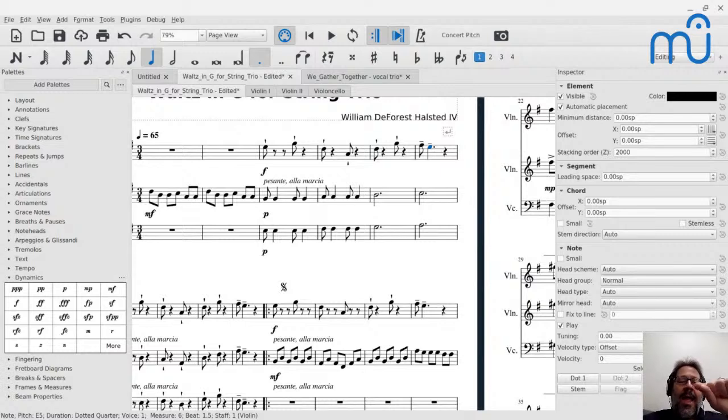Anytime you have a note on the and of a beat that is not immediately followed by a note on the beat after it, that's unresolved. Think of notes off the beat like this as creating tension. Tension's good, like do ba do da do dum. These notes off the beat are a form of tension that resolves when we land. Do da dum, do da dum. We want to land on a beat. If you ever go do da dum, do da dum, and you leave that note hanging,